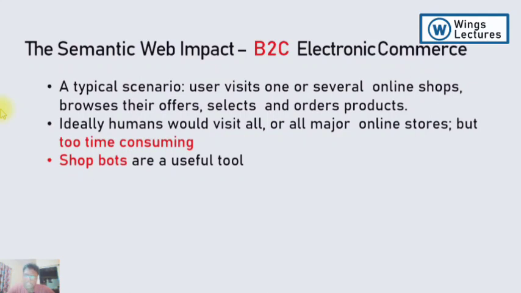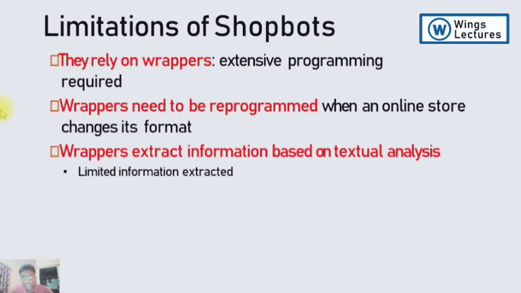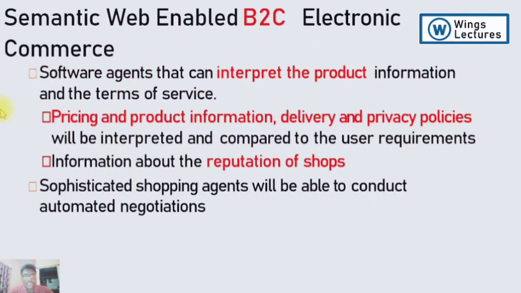The solution is Sharpboot. Most companies use Sharpboots for branding and for promoting their products. But how Sharpboots work based on the semantic web is this: there are many applications nowadays, and the limitations already exist. When it comes to semantic web enabled B2C, you can go to BikeDeco or many insurance sites, or you can go to Google, and you'll get the information. If you want to compare products, it's available.